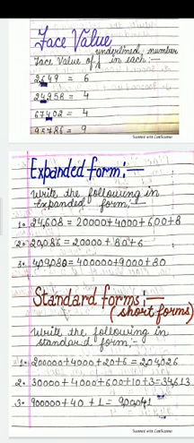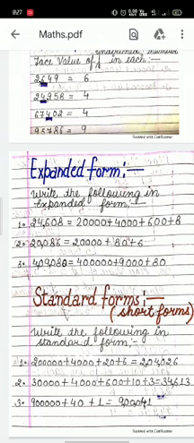We'll write 9. 9 is on the thousand place. We'll write 9,000, or in the same way we'll count the numbers on the right hand side of it. There are 3 numbers, we'll write 3 zeros. Then again 0 on the 100 place, so 0 is neglected. We'll write 80 on the tens place. There is no number on the ones place, so we'll write nothing on the place of it. Same standard form. Standard form is the short form of the expanded form.